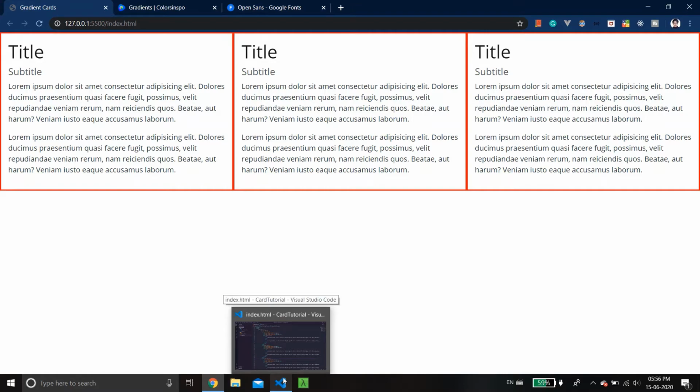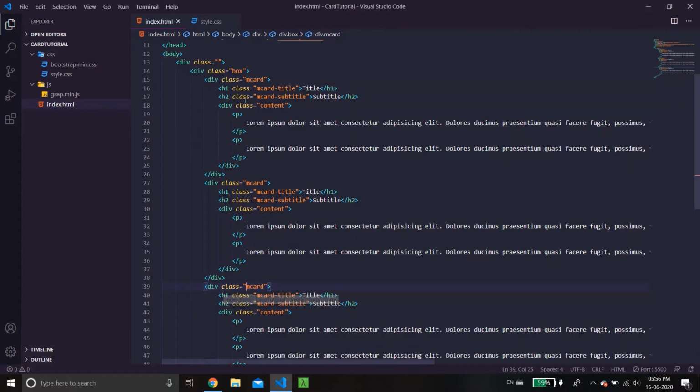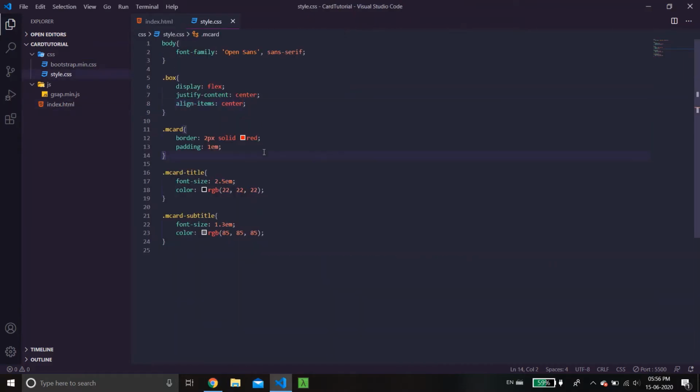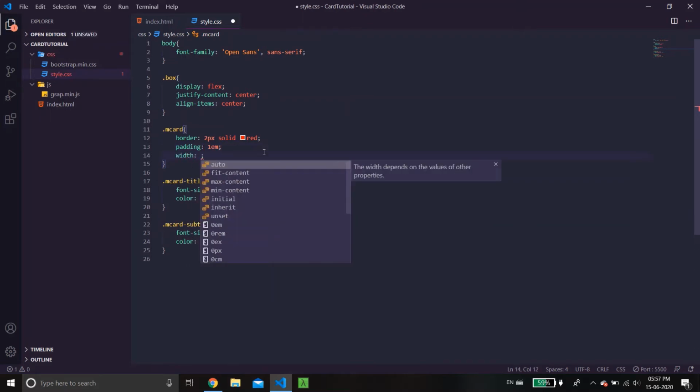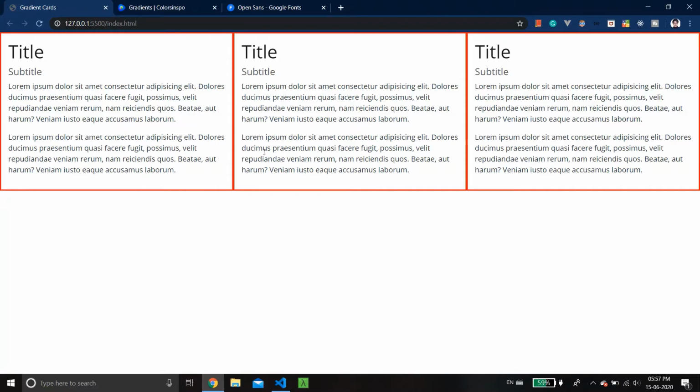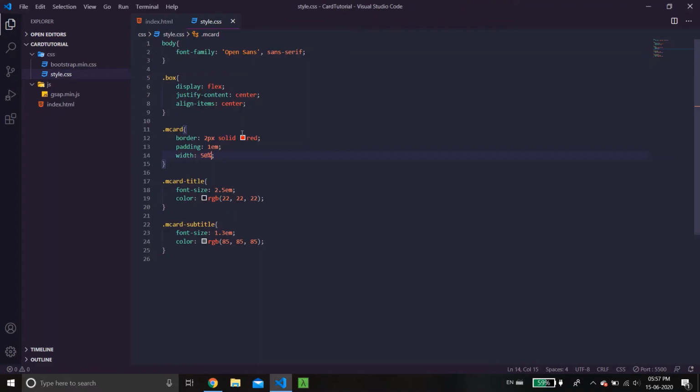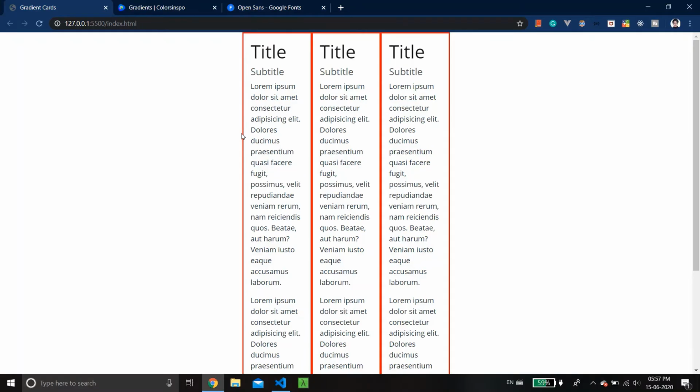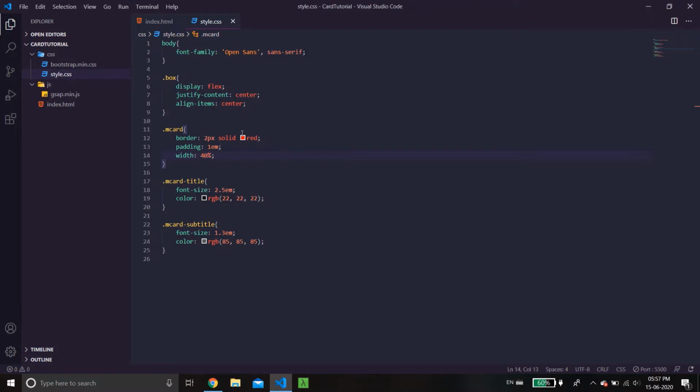Alright, so let me just limit the width of the cards. So the width, I'm just going to say 50%. Is this even affecting it? I have no idea. Yep, it's affecting it. Oh, the flex is working. It's just that the widths are already too high.